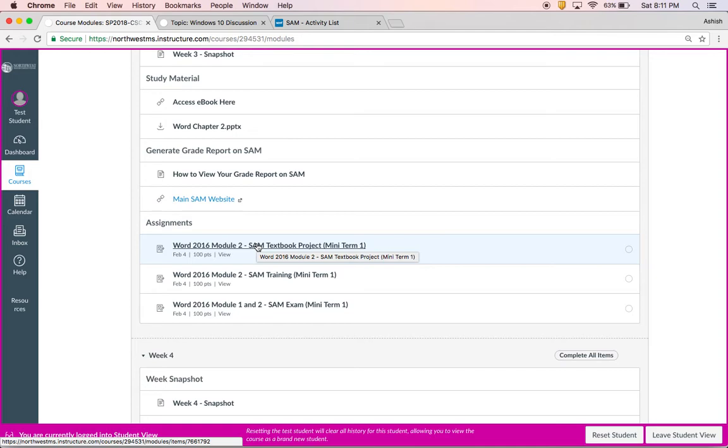The textbook does an excellent job of explaining how to do the things that you need to complete the textbook project. The SAM training will help you reinforce your skills. And after doing the 1 and 2, you have a SAM exam where you are going to demonstrate your understanding of the different topics you have learned in modules 1 and 2. This should also not have more than 25 or 30 questions.